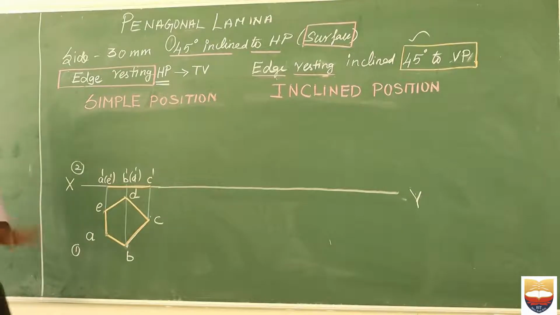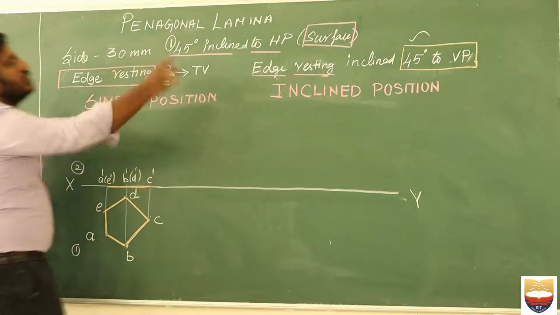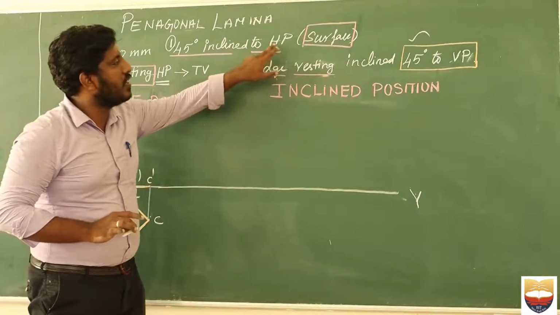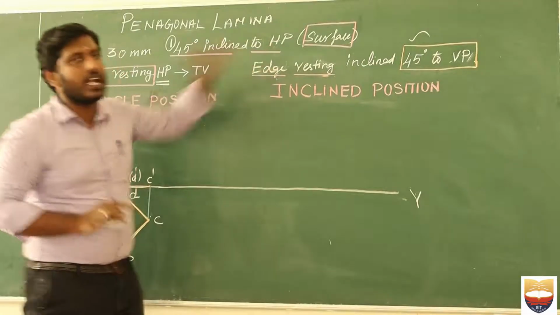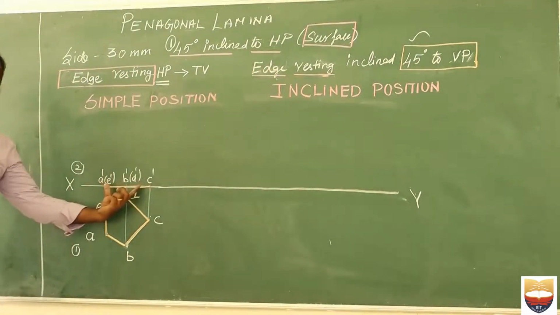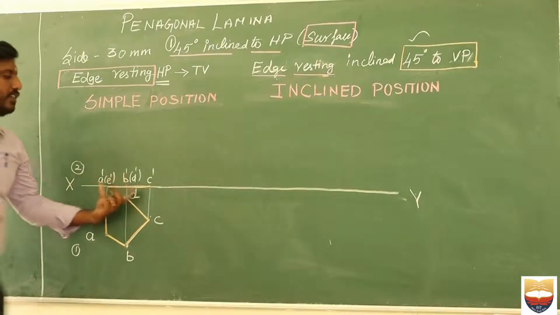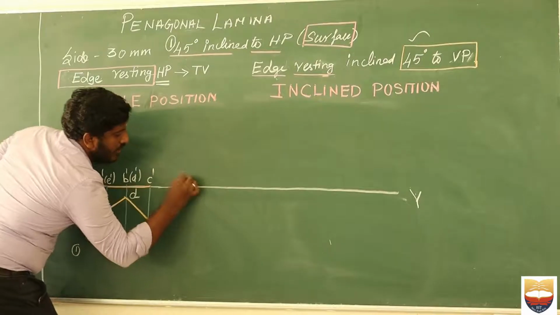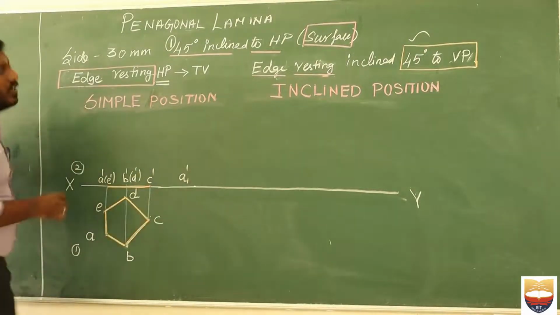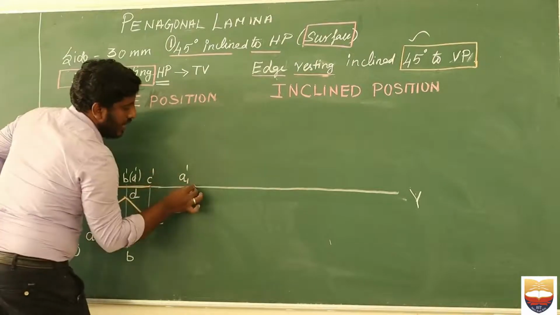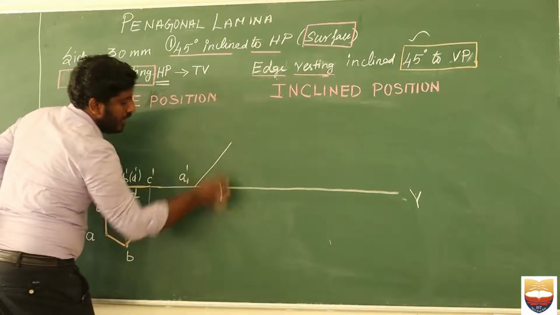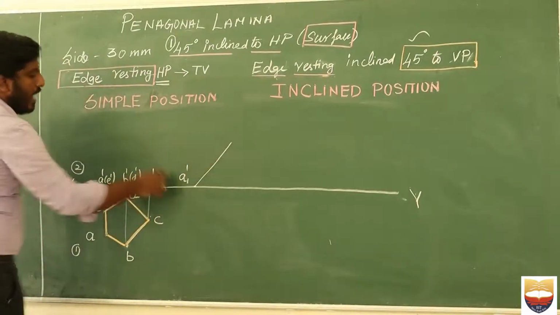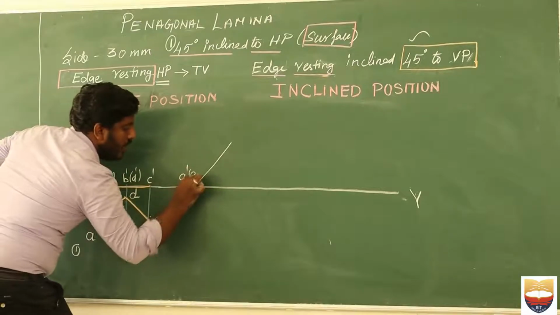So now, as I told you earlier, first I need to draw the inclined position which is corresponding to the horizontal plane. I already told you that if anything related to a horizontal plane is given, it corresponds to the front view. Here I have the front view as a line. So in order to make this line inclined, let me take one point. Let us take a point which I call A1 dash. Okay, so now I need to make a 45 degree inclined line for which I am taking the help of a protractor like this. Considering this as 0, I am taking 45 degree. Okay, now I have only the point A1 dash along with E1 dash.